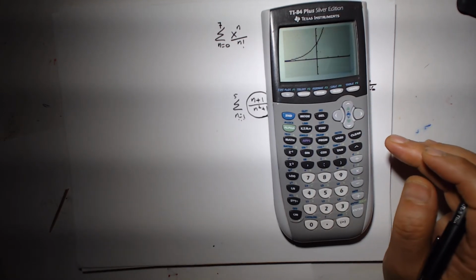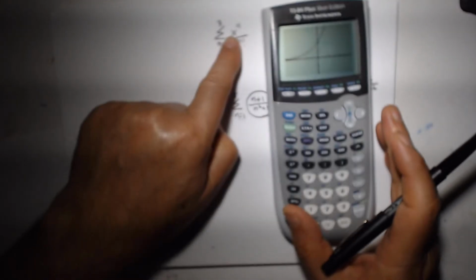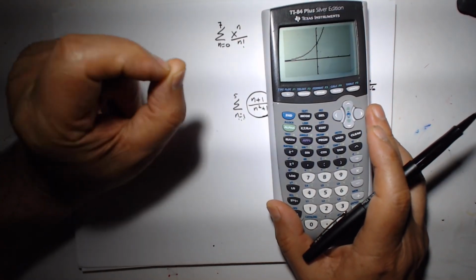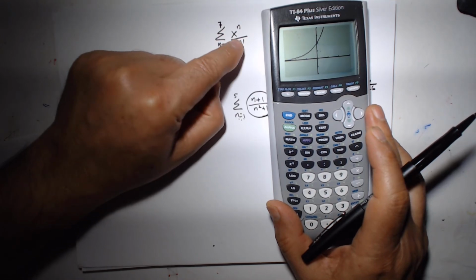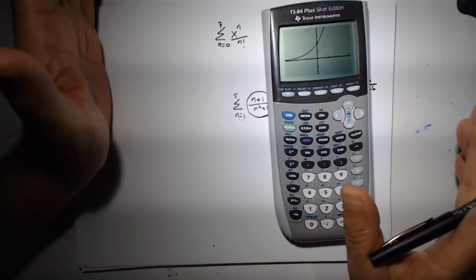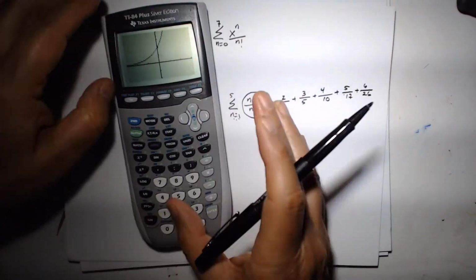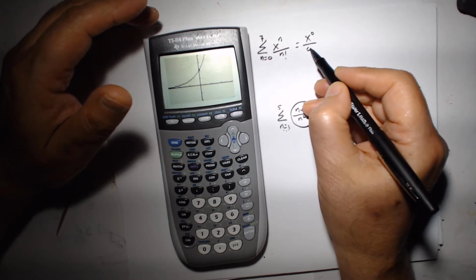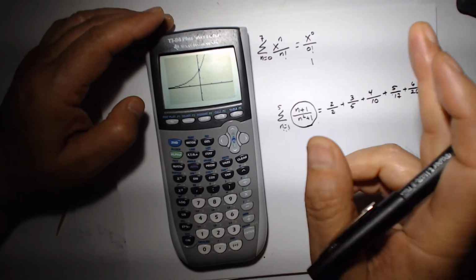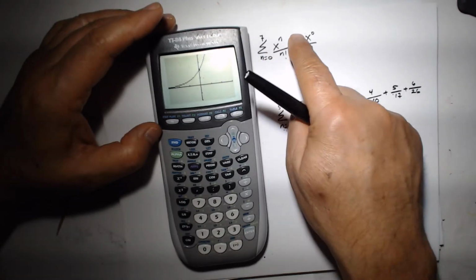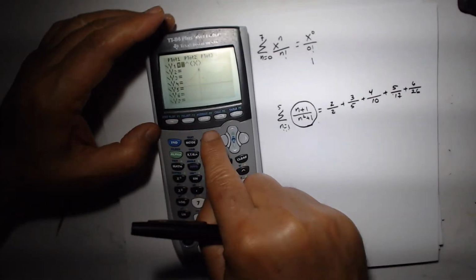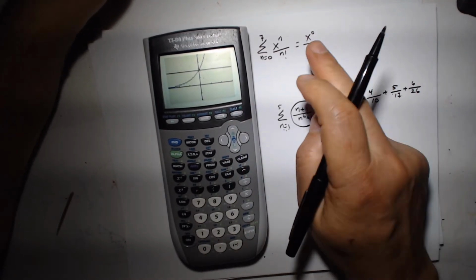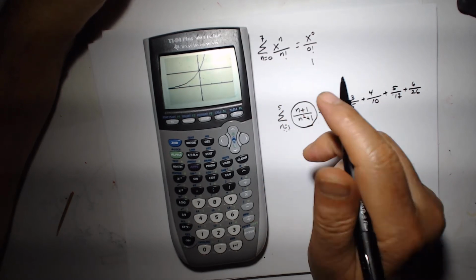Okay. Somebody said, why don't you put n equal to 0 here? Well, x to the power of 0 is 1. N factorial, when it's 0 factorial, is understood to be 1. Therefore, when n becomes 0, you get x to the power of 0 over 0 factorial, and that's 1. And I'm going to graph y equal to 1. I'm going to see, goodness, that one and e to the power of x,